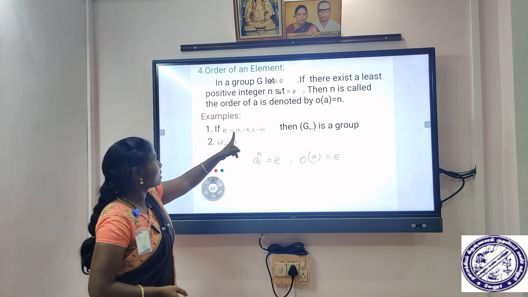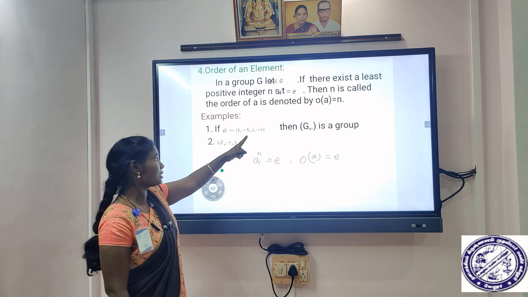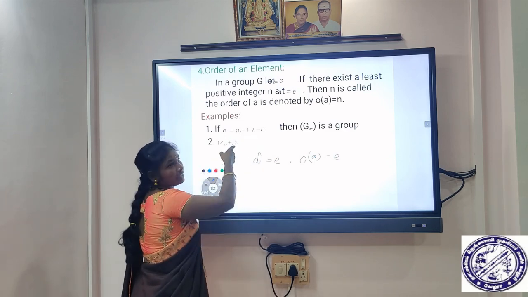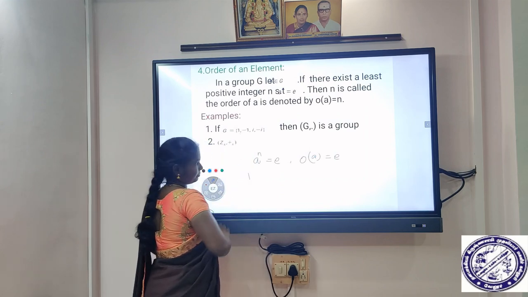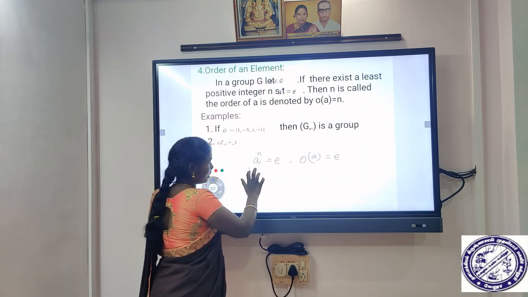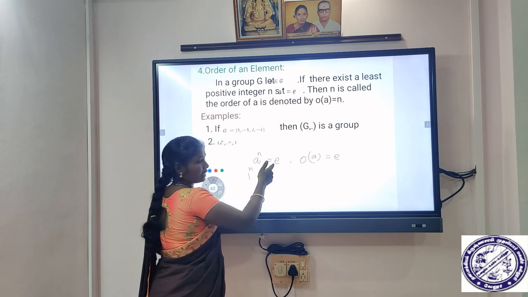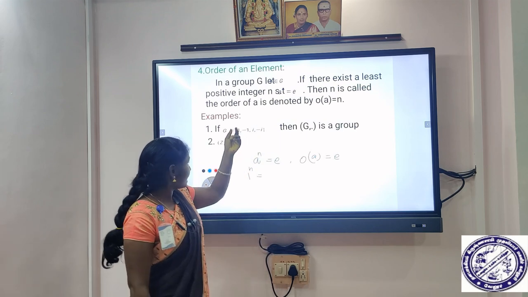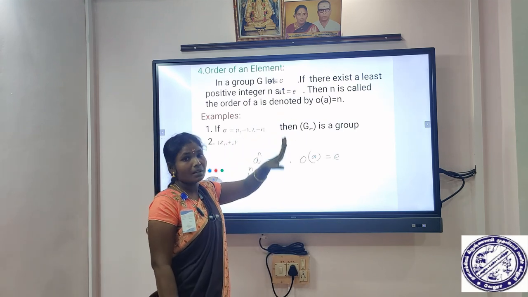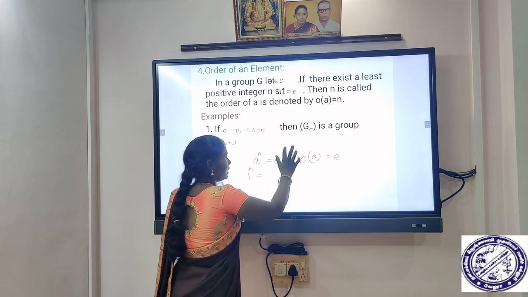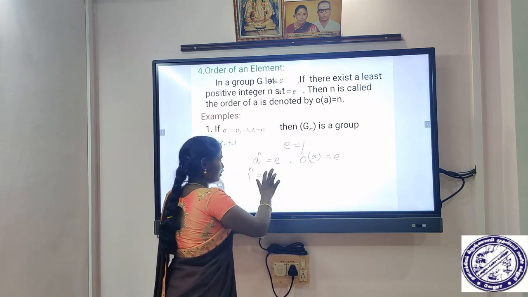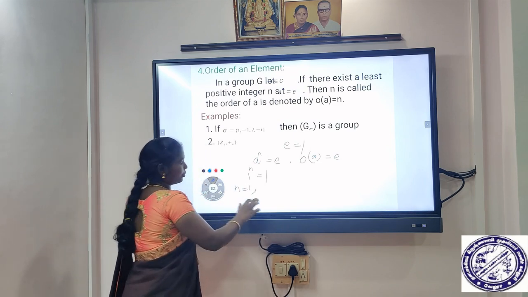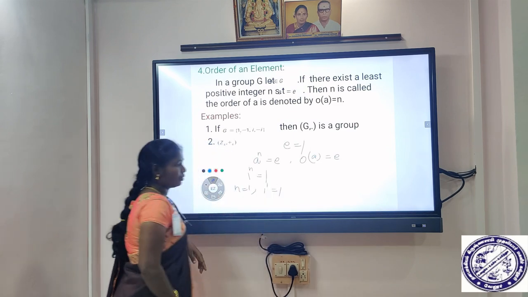So I choose the set G equal to {1, minus 1, i, minus i}. I choose one element in the given set G. So 1. Okay. So the condition is 1 power n equal to E. E is nothing but the identity element. The given set is a group with the multiplicative operation, so the E value is equal to 1. Next, I choose the n value which is equal to 1. 1 power n equal to 1.